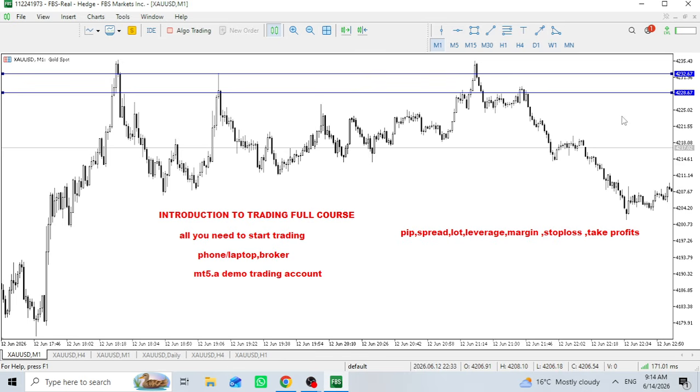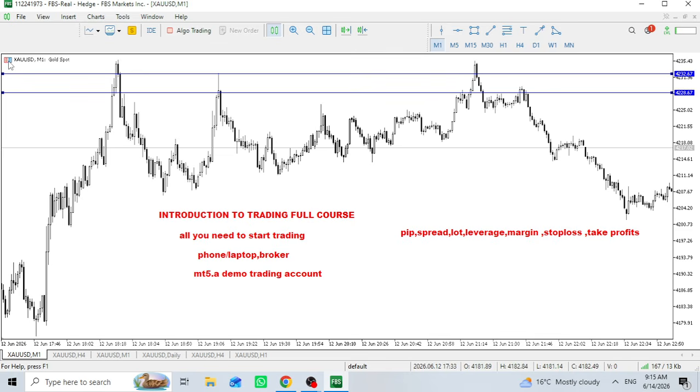If you don't get what I'm saying, you can just search what is leverage, what is margin, what is a stop loss, and how to use lots and margin. Though they aren't that important, this is the basics of trading. If you don't understand this, then you are not a trader. How to put a stop loss.